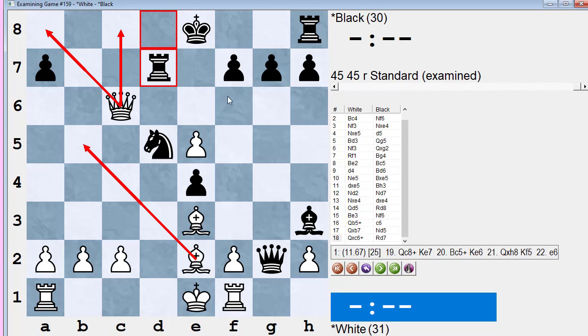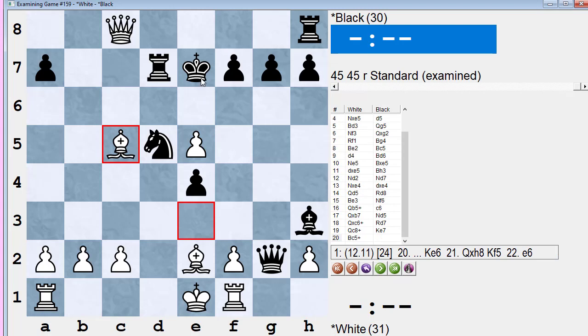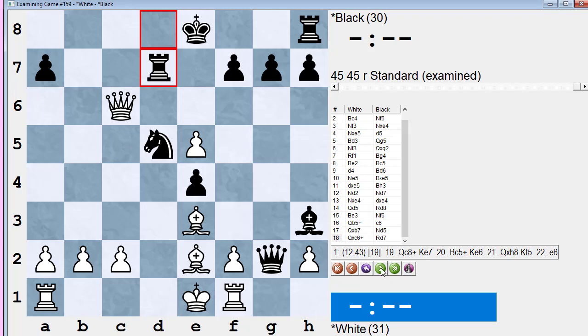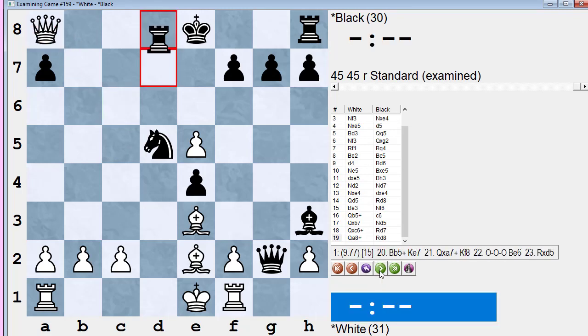So Stockfish says queen c8 check is the best move, and says that after queen c8 check, king e7, bishop c5 check, the bishops are coming in the game, king e6, queen takes h8, and thanks for the rook and your king's in trouble, plus 12 for white. So instead, white plays queen a8 check, and black plays rook d8